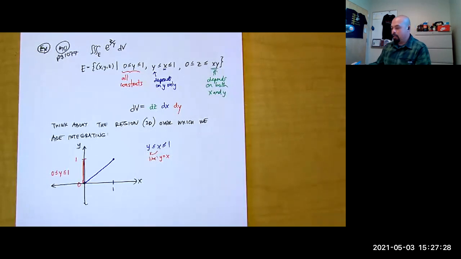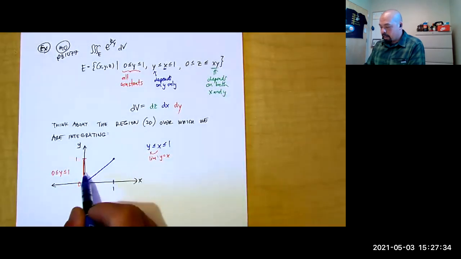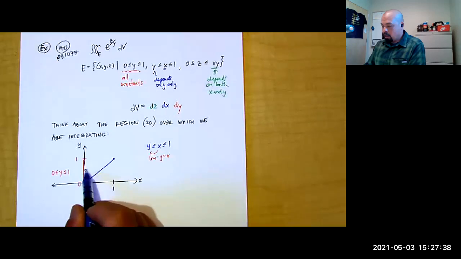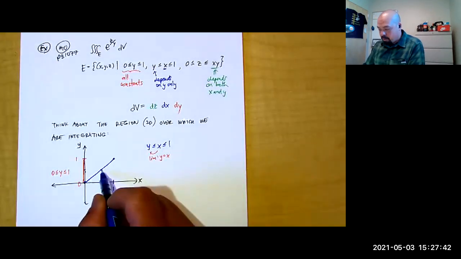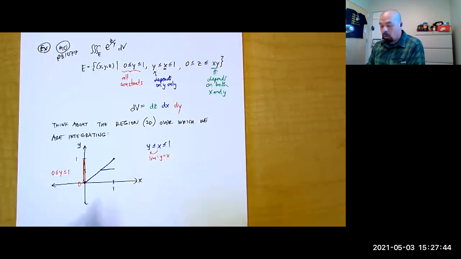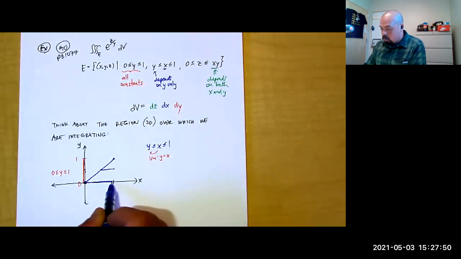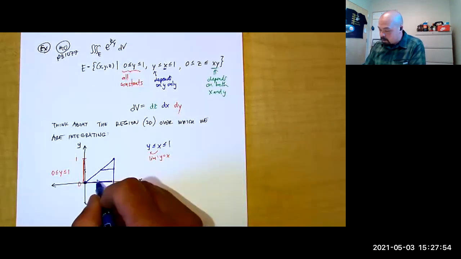So when we hold y constant, when y is equal to a half, okay? X can be a half, and we're going to go from that point out to 1. When y is 0, it can go from 0 all the way to 1. So our region over which we're integrating